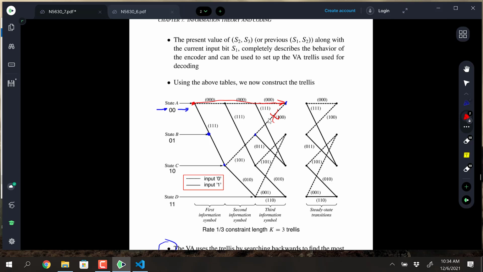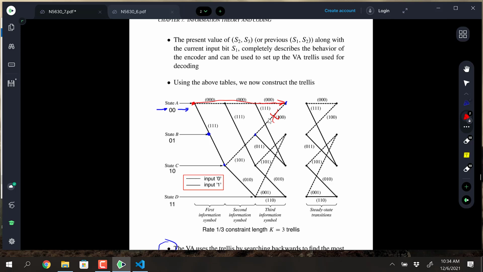When you trace everything through the trellis, you get multiple paths, but then when you prune it and trace backwards, you see that everything emanates from one branch, and that's what you're looking for. You want to figure out what branch everything emanated from, and then you can say that must have been a 1 that was sent 5 bits ago